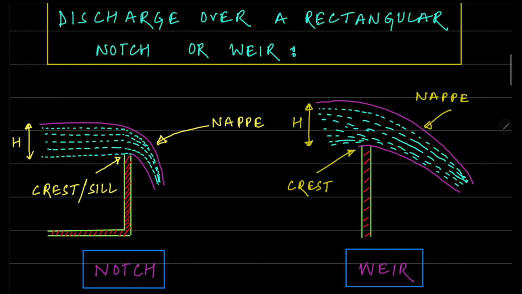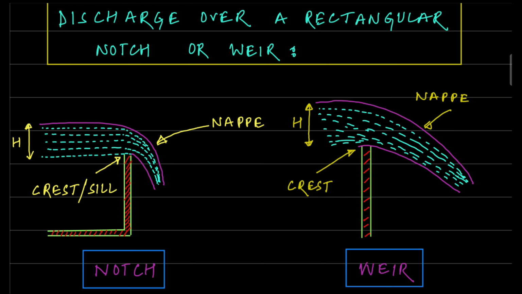Over this, water is flowing, and the top surface, which is exposed to atmospheric pressure, is the nappe. On the right-hand side, you can see the weir. This weir works as an obstruction for a channel through which water is flowing, and above the crest, water of height h at any location is flowing, and this h will vary depending upon the position from the crest. So if we go for the derivation of the discharge over a rectangular notch or weir,